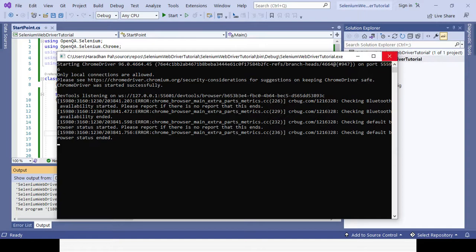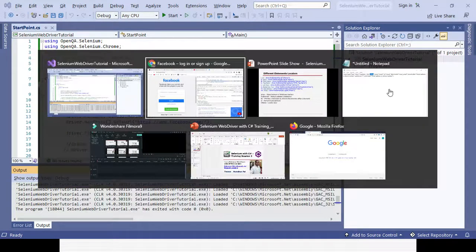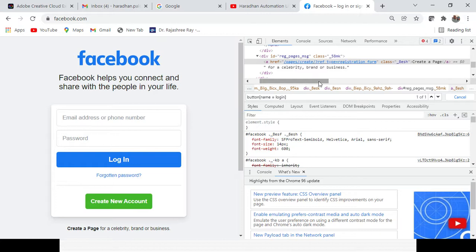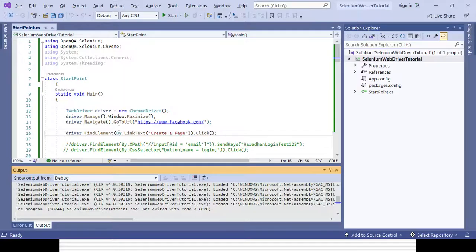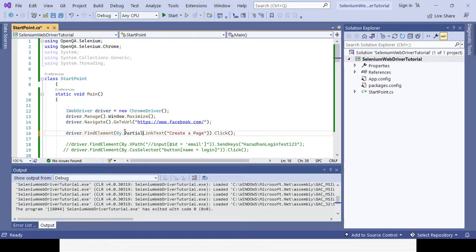Now, whatever text is available, create a page, still create and A is fixed, but page can change every time. It can be sometimes page, sometimes logo, page 1, page 2, page 3, like that. So I know that up to create A is fixed, and the remaining part can be dynamic. So instead of link text I will be using partial link text, and you can give the partial component.